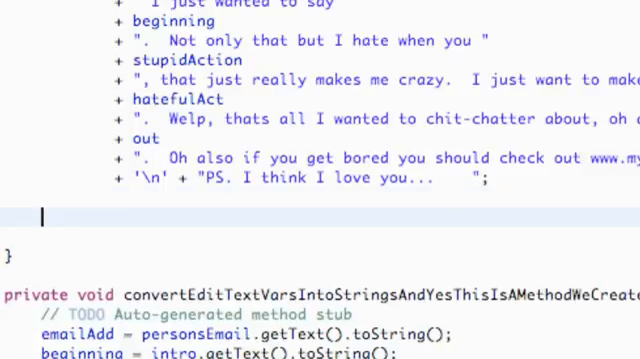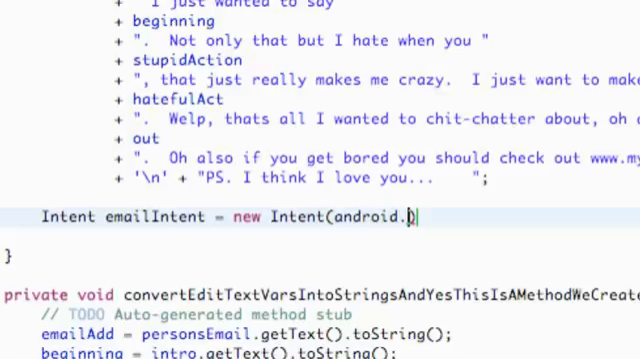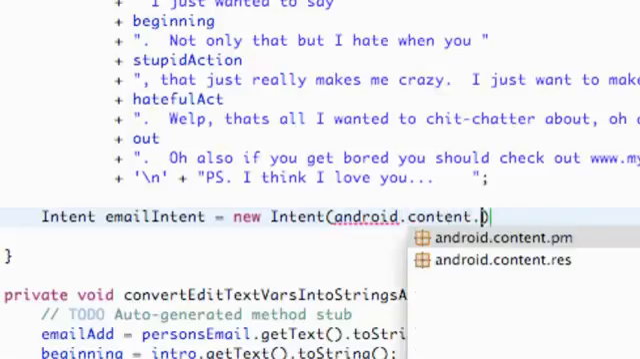So first, we're going to set up an intent, just like we set up all other types of intents for the most part. We're going to say Intent, and call this emailIntent, something like that, and hit enter. Again we have to import the intent, and say new Intent, just like always. And this time what we're going to put in the parameters is something from the Android SDK, called android.content.Intent